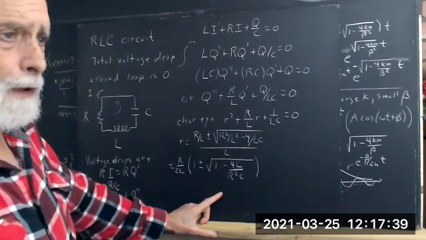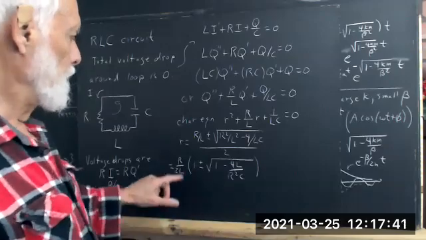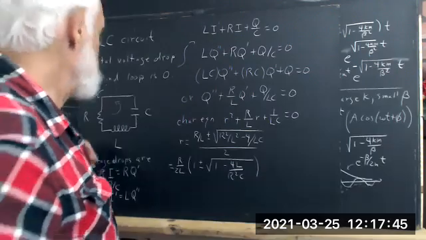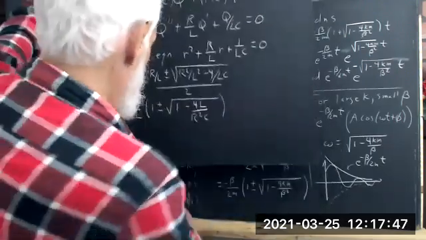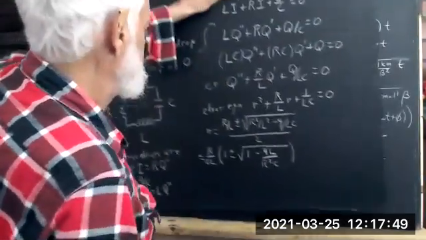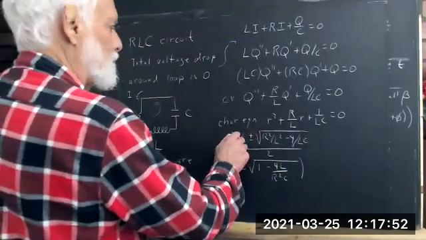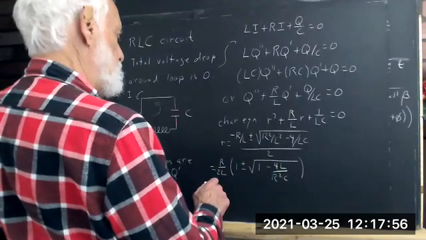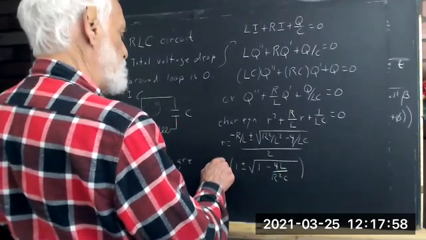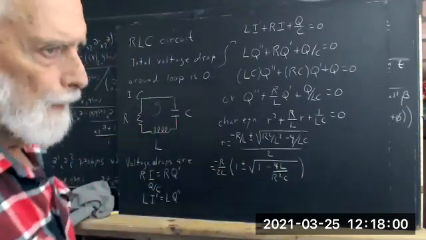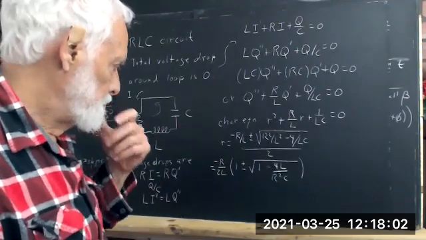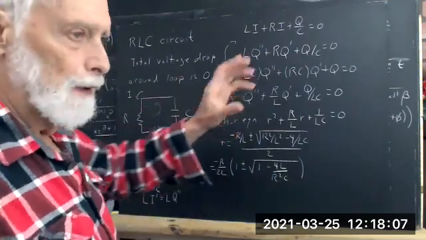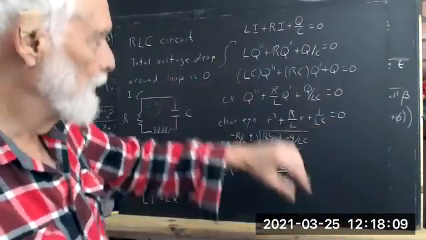So you can have oscillatory behavior with your exponential, and really you've got to be a little careful about that. It's negative R over 2L. So I'm going to put the negative out here. From this, you're going to get an e to the negative R over 2L times t, which is a decreasing exponential,